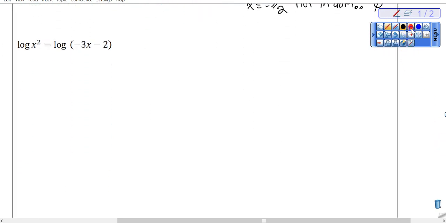Okay, last one. Now, this one's a little trickier because you're going to have a quadratic inequality, and you've got to use sign charts for those. Or you have to remember the rules. So, x squared is greater than 0 means I'm looking for positive numbers for my x's. Positives are greater than zeros, right? So, what's the 0 of x squared? 0. So if I do just a really quick little sign chart, and I take x squared, and I say,